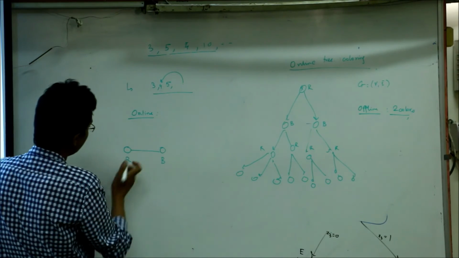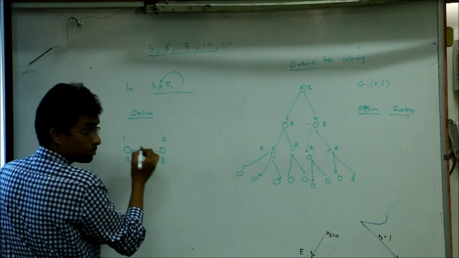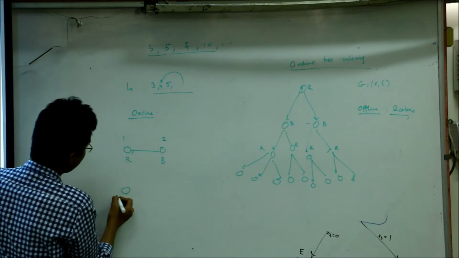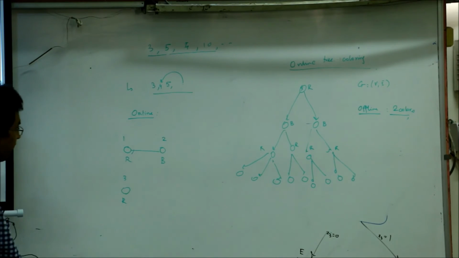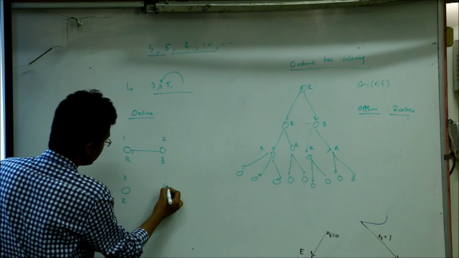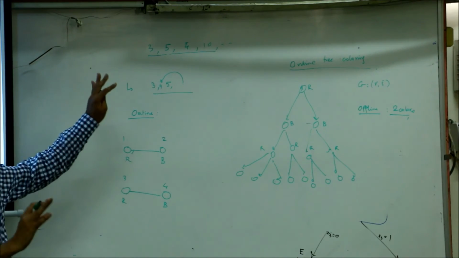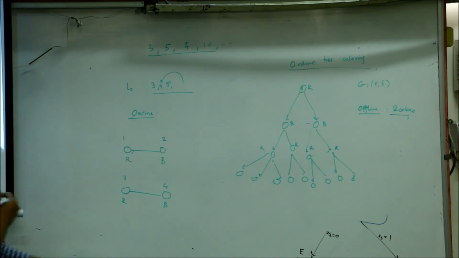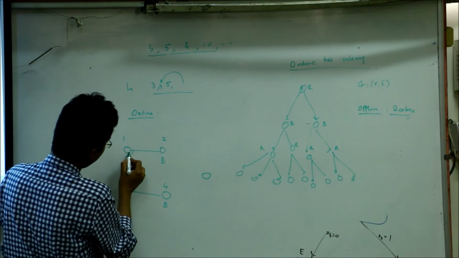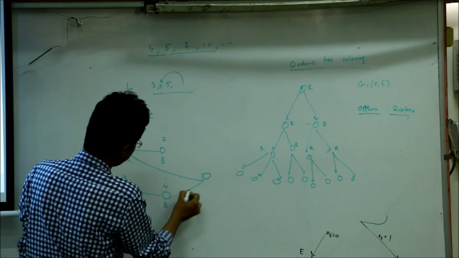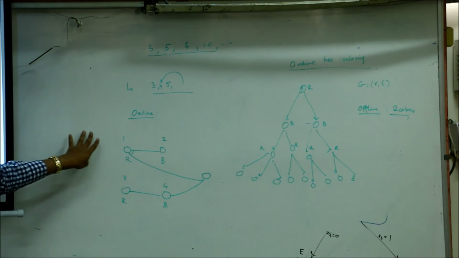So maybe this comes in the first step, you color it red. This comes in the next step, you color it blue. In the third step a vertex comes, you color it maybe red. This has no edges, so you can give it color red. And maybe in the fourth step this vertex comes which has an edge to this, so you have to color it blue. So this is the scenario right now. Now in the 5th step a vertex comes, and it has edges, one with this and one with this. So this is still a tree, just to note.